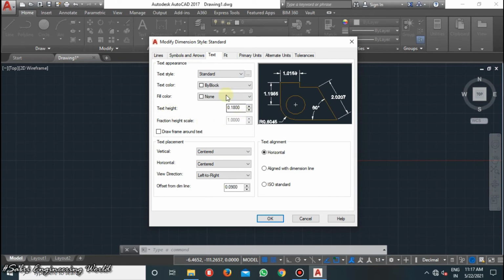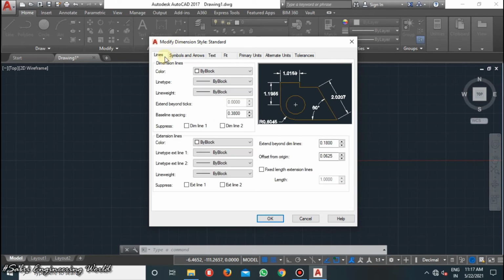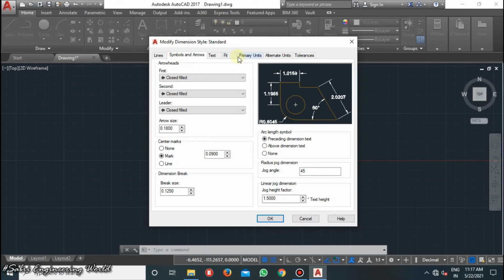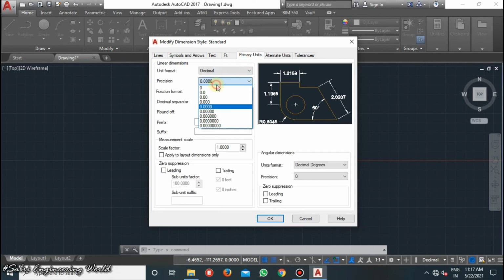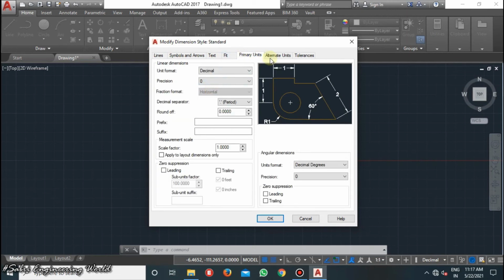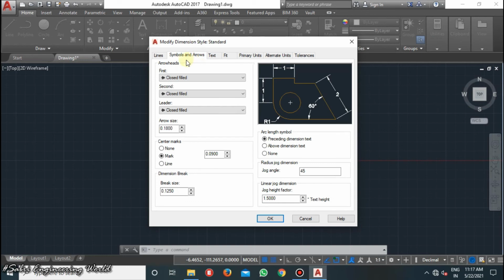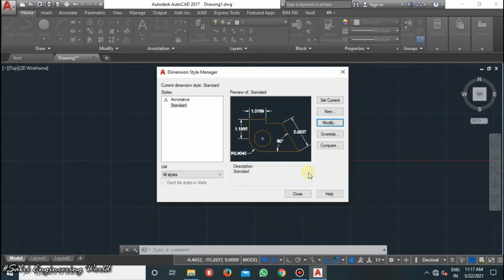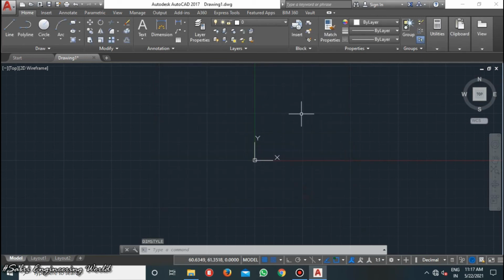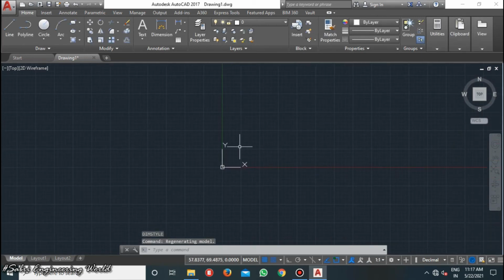You can change the lines, different types of lines, primary units, you can see the decimal points. You can edit the tolerances according to your requirement, and many more options like